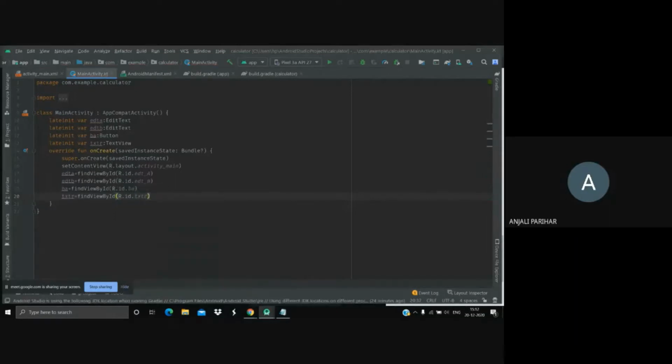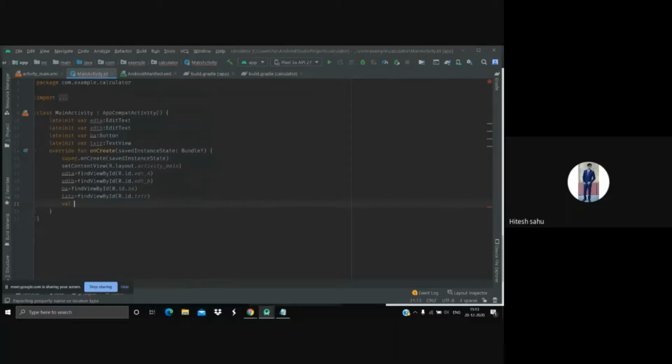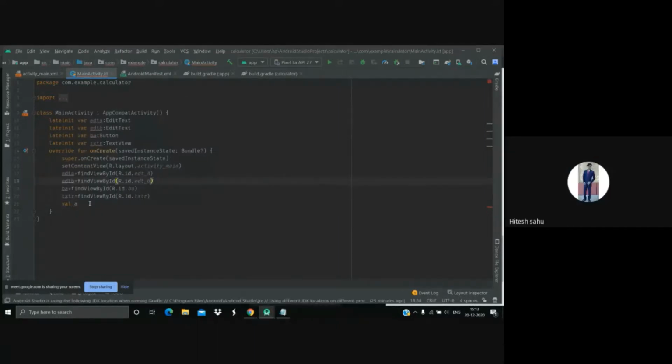Okay, good one. Now what I want is the text in this edit text to be here. This is how I'll extract the text from the edit text. Whatever is written in XML, whatever is written in that edit text, you have to get it. It's a simple thing. You need to use a function like get text. But get text and set text, these get or set words are used in Java. Here we can directly use text or set text. Okay, you can show them.